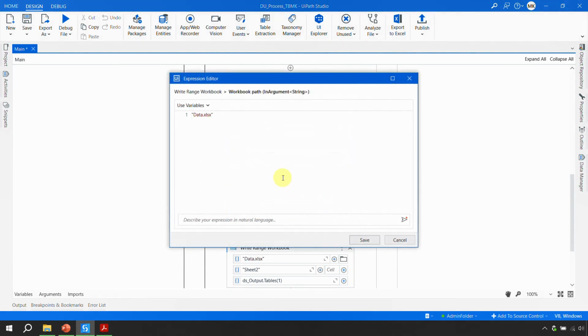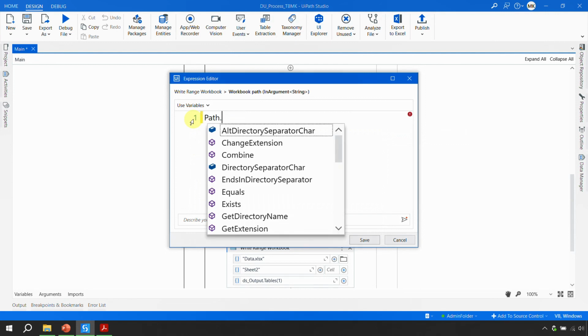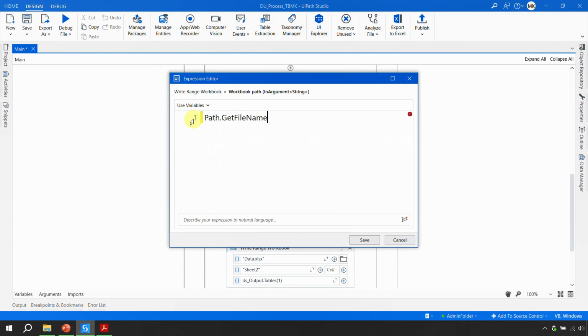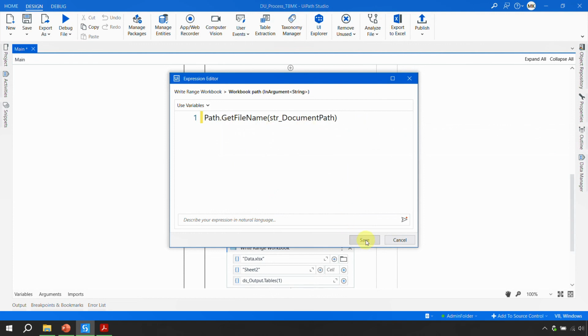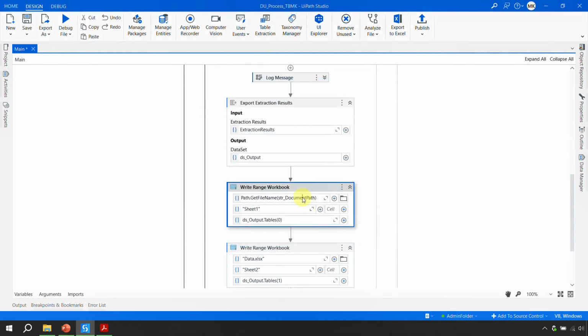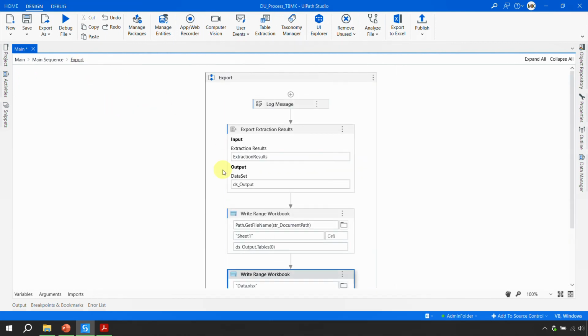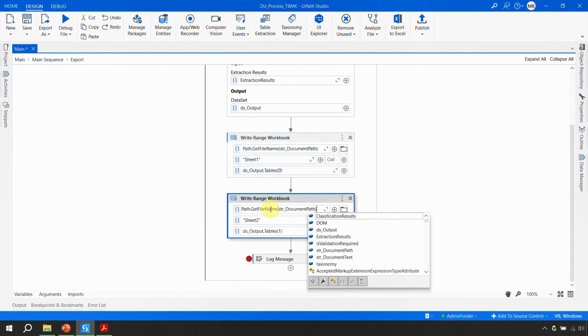You can just go here, and I have the file name in that path. So you can just use a .NET function, which is Path.GetFileName. Okay, so Path.GetFileName, get me the file name from the path. And what is the path? The path is str document path, and this will give you the complete path of the document. I'll save this, and that way when it is creating a new Excel, it will create the Excel by that name. So I'll just go here and pass this here. Okay,